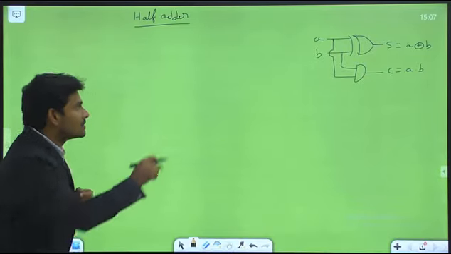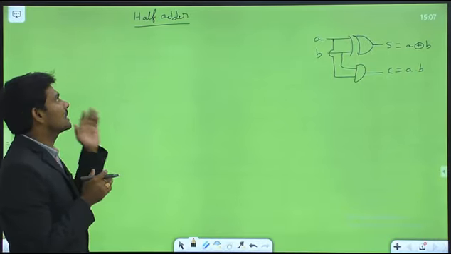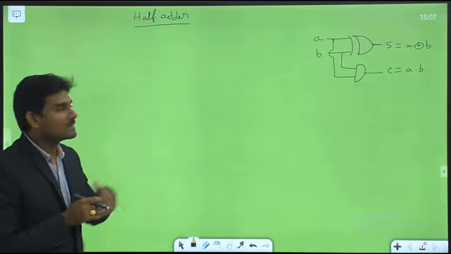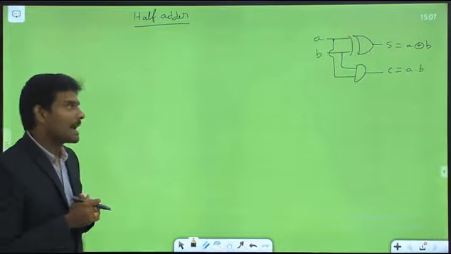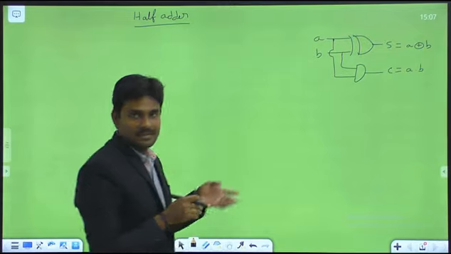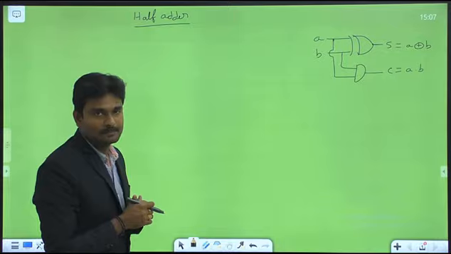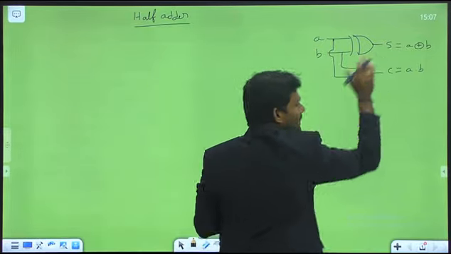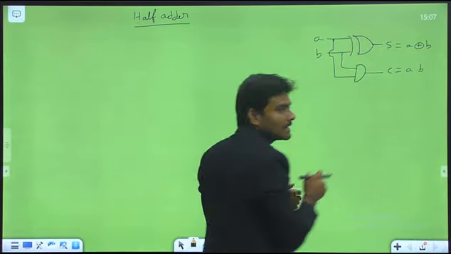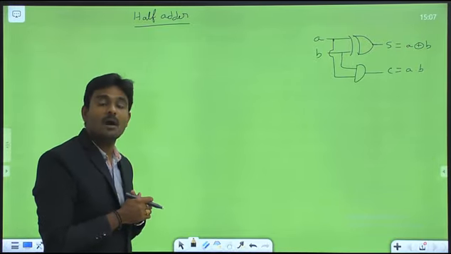For that reason, first I drew a logic diagram. My intention is to write a data flow description style for the half adder circuit. First I realized a logic diagram where A and B are the inputs, and sum and carry are the outputs. Sum is indicated with S and carry with C, where sum equals A XOR B. By performing the XOR operation you get the sum, and by performing the AND operation between the inputs you get the carry. So A and B are the inputs, and sum and carry are the outputs.